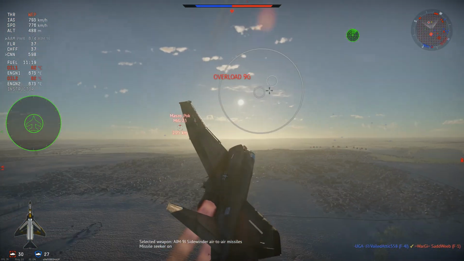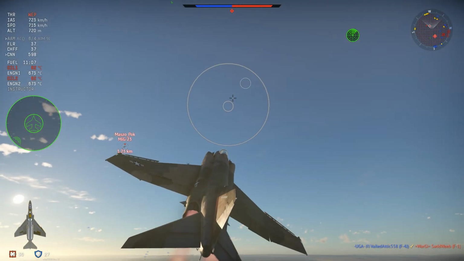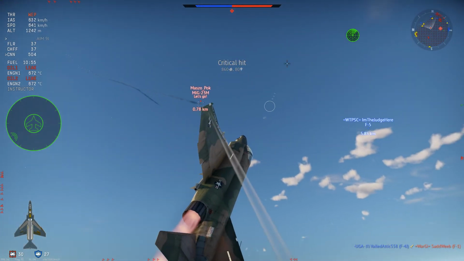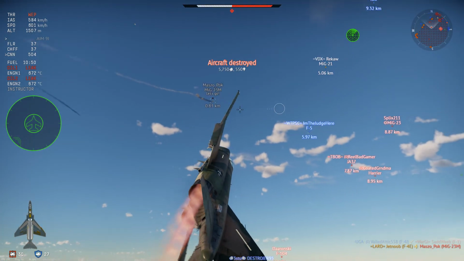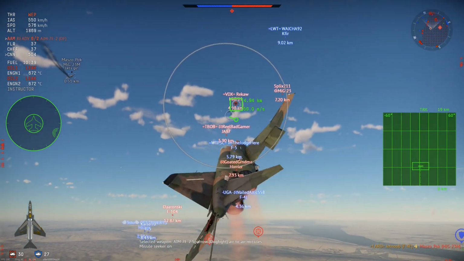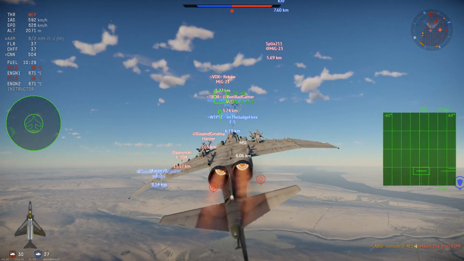Anyway, let's get into the video. Today, I'm going to go over the F4E Phantom II. The F4E is a rank 7, battle rating 11.0 fighter. It has the ability to carry 8 air-to-air missiles, 4 of them being AIM-7E2s and 4 AIM-9Js. It also comes with an internally mounted M61 Vulcan cannon, which honestly gets me more kills than the missiles a